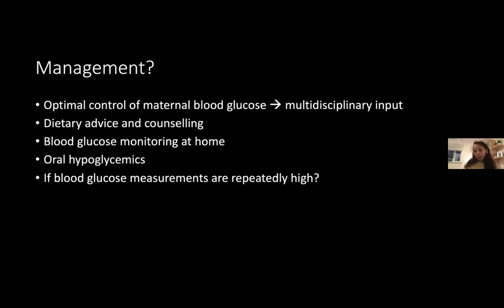Yeah, so we'd use metformin and possibly insulin as well. Awesome, that's really